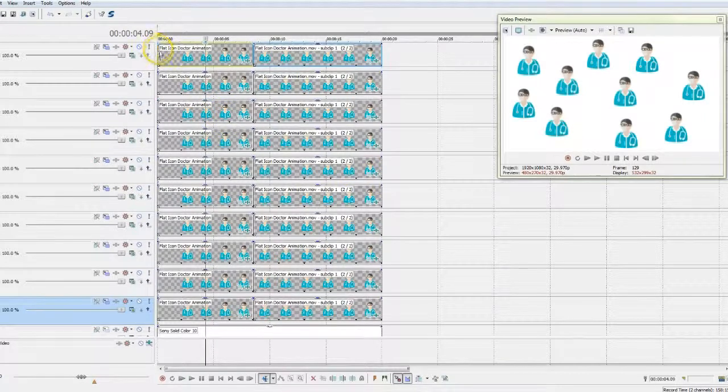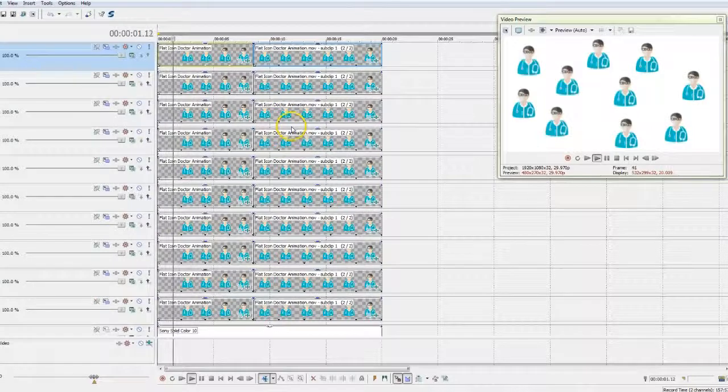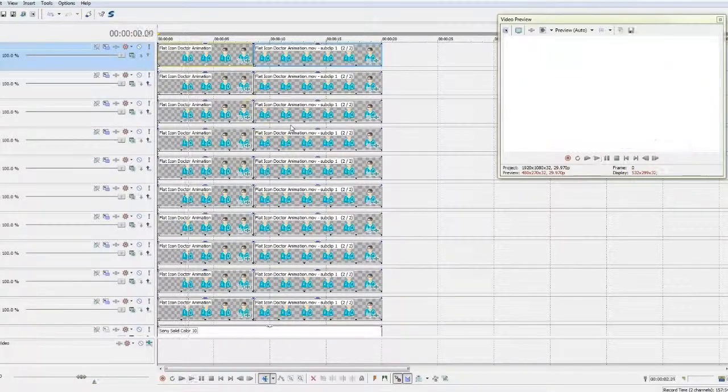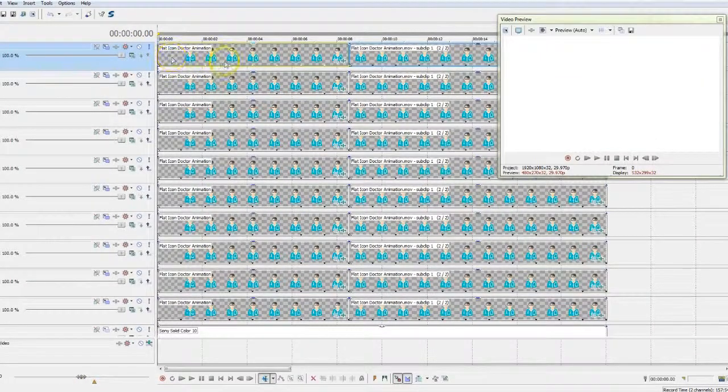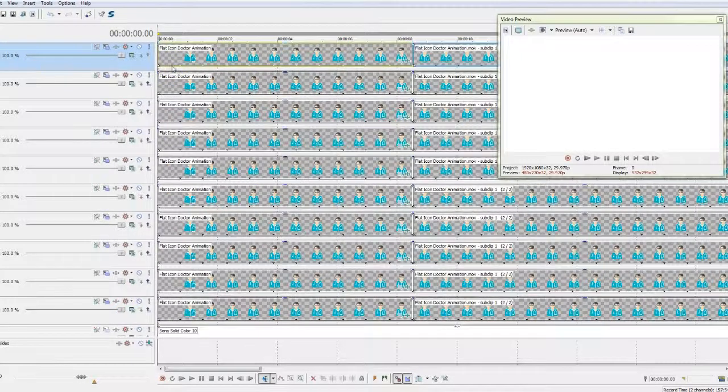Okay, so now we have them all repositioned, but now they are all coming in at the same time, and we want to stagger that. And the easiest way to stagger that is to just move them. You can actually set up markers at precise times, either through scripting programs or manually, but for this purpose, it really doesn't need to be precise. So all we need to do is just basically move